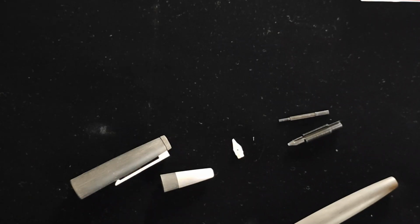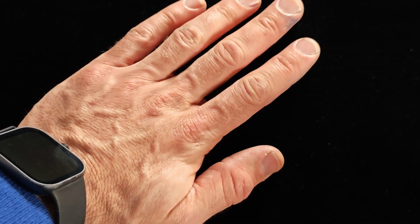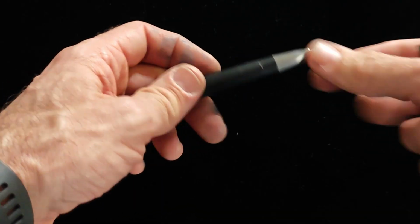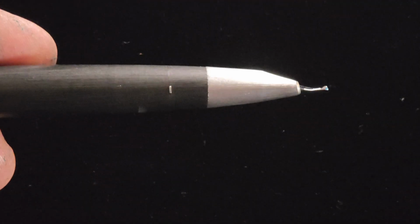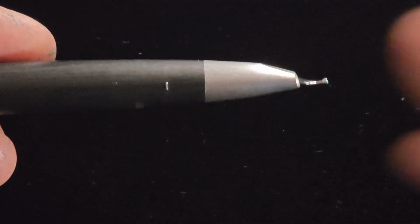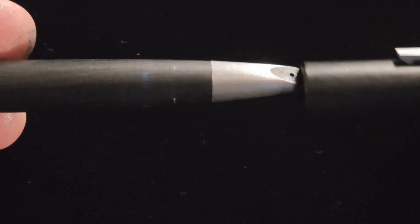I now have two assembled Lamy 2000s. There's this one here. Let's just get the parts for now. Here we go. Okay. So this one has a clip. Right. So this is my double broad. It's the new nib. Double broad, and if you look right here, you can see that little metal bit there. And when you get the cap, and you place the cap over the pen, and you push, you